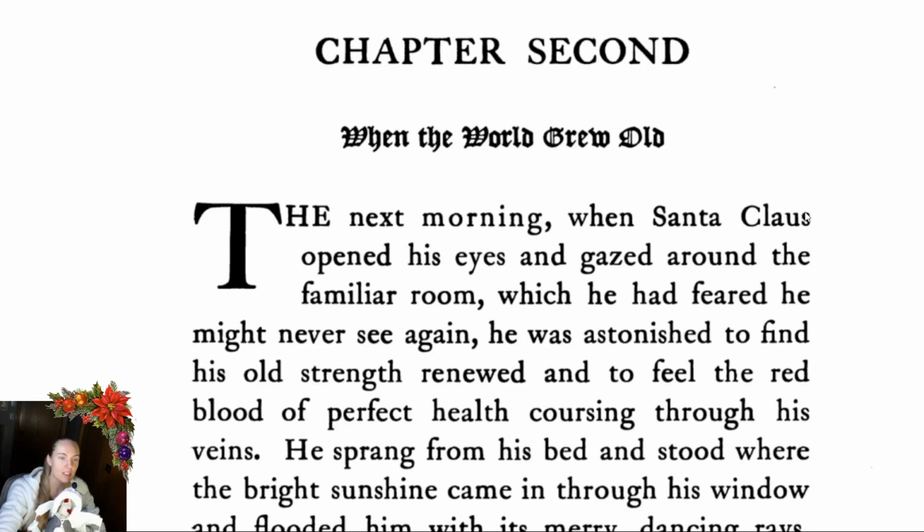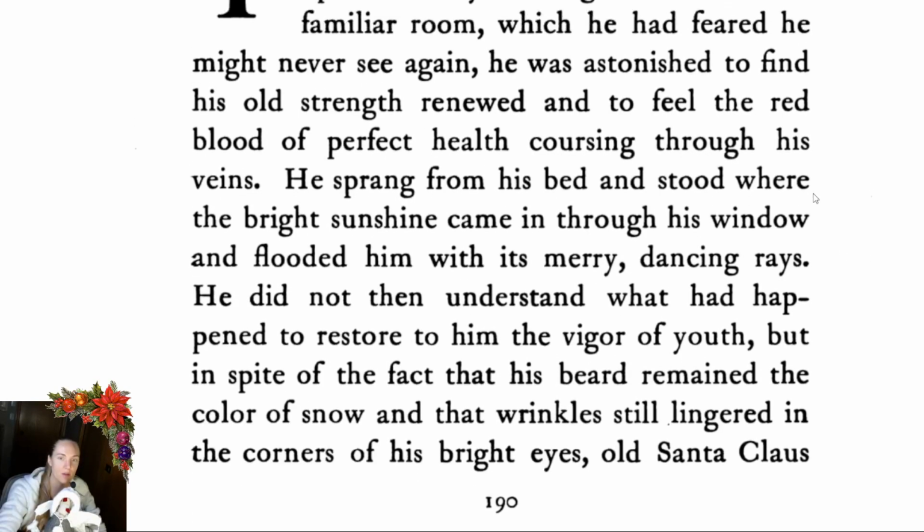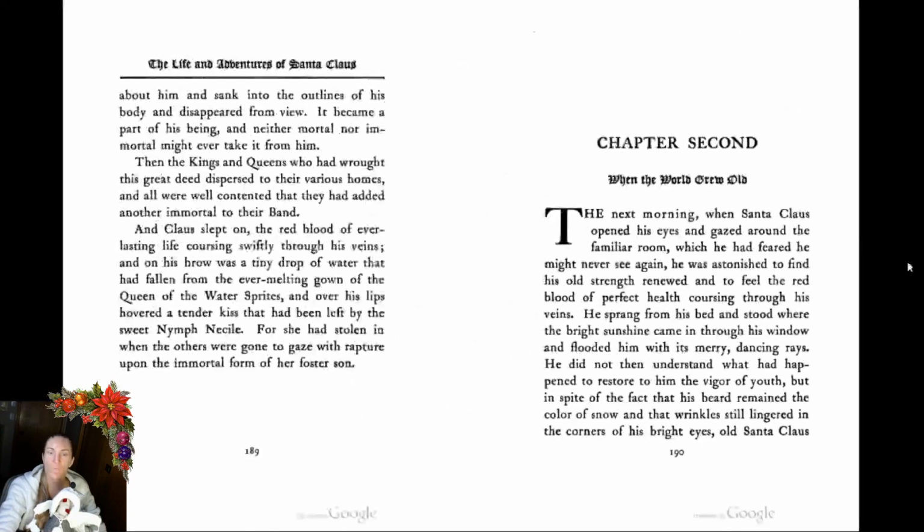The next morning, when Santa Claus opened his eyes and gazed around the familiar room, which he had feared he might never see again, he was astonished to find his old strength renewed and to feel the red blood of perfect health coursing through his veins. He sprang from his bed and stood where the bright sunshine came in through his window and flooded him with its merry, dancing rays. He did not then understand what had happened to restore to him the vigor of youth, but in spite of the fact that his beard remained the color of snow, and that wrinkles still lingered in the corners of his bright eyes, old Santa Claus,